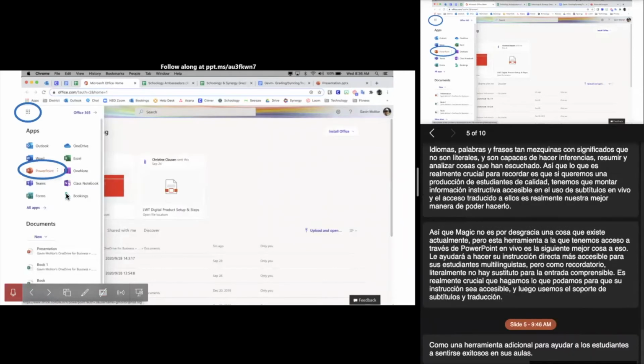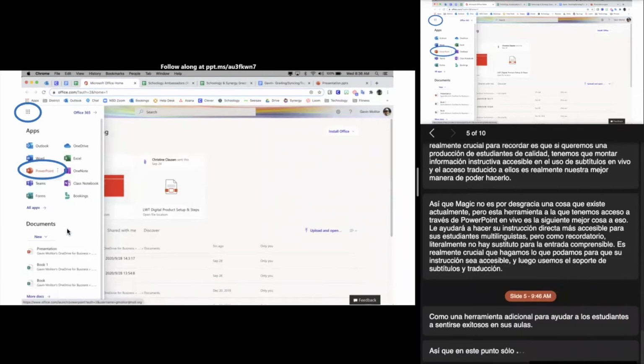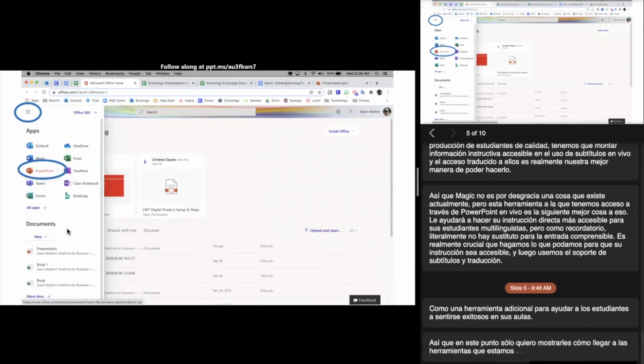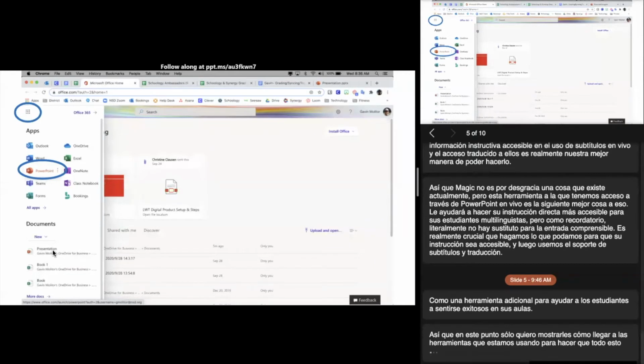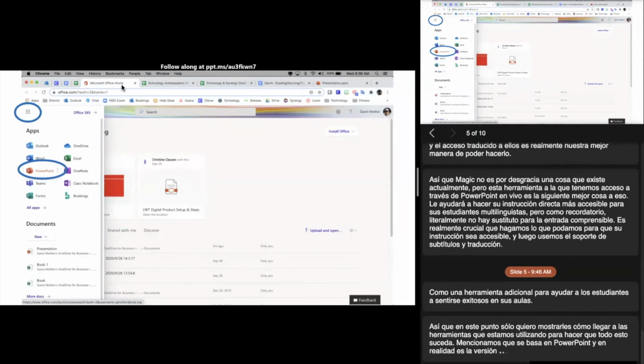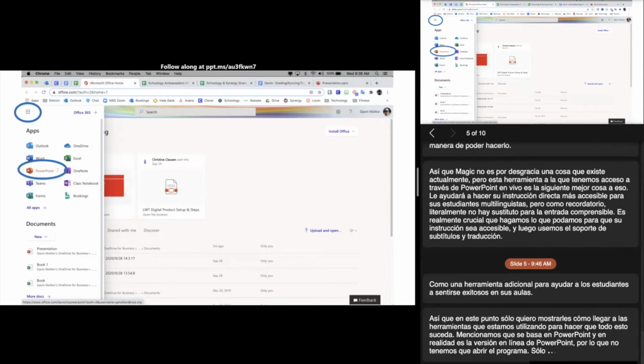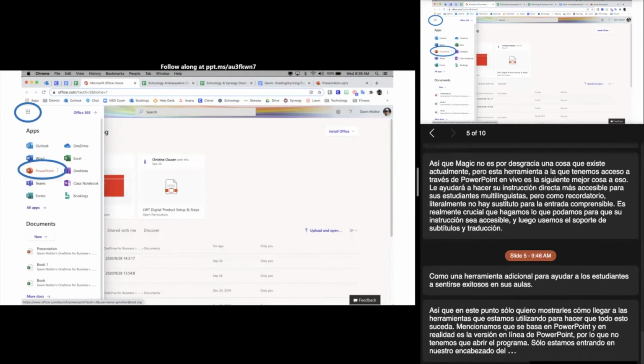So at this point, I just want to show you how to get to the tools that we're using to make this all happen. We mentioned that it is based out of PowerPoint, and it's actually the online version of PowerPoint. So we don't have to open the program. We're just going into our web browser, heading to office.com,